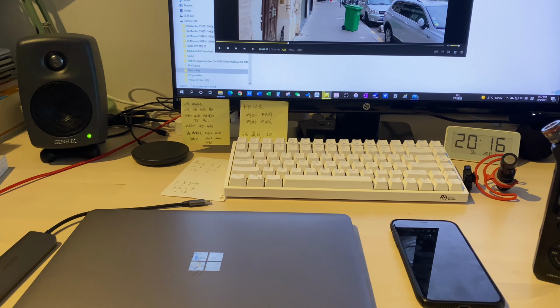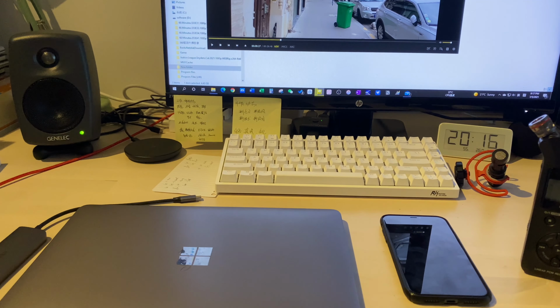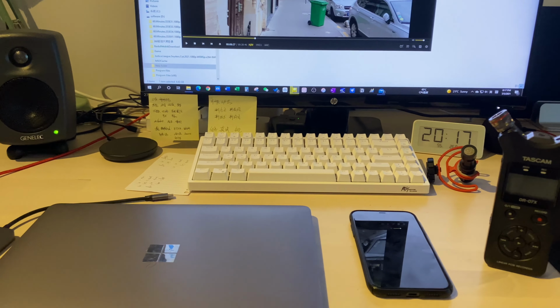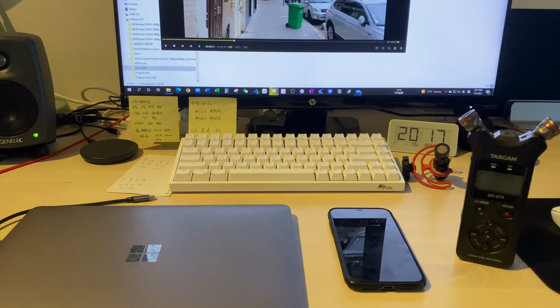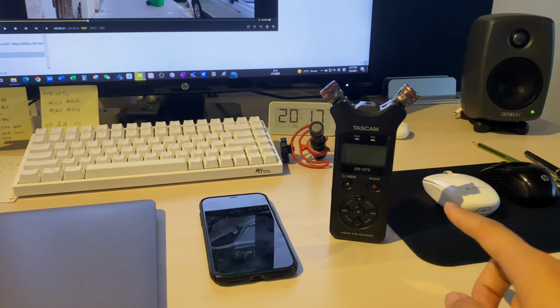Hello everyone. If you try to record an audio file in parallel with a sound recorder while you are making videos with your iPhone, you may find that there is a problem when you try to synchronize the audio file with